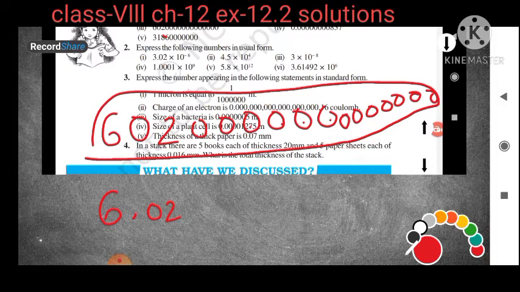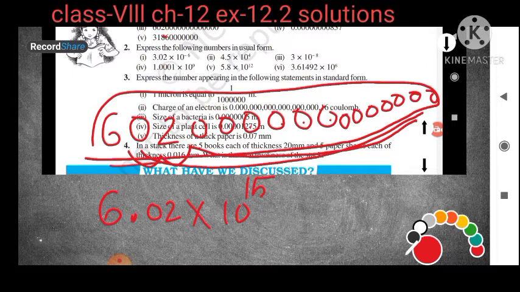6.02. Now after writing 6.02, you will count after the decimal. How many digits are there after the decimal? There will be how many zeros? 13, isn't it? 13 plus 1 is 14, 14 plus 1 is 15. So you are putting the decimal here, isn't it? After the decimal, how many digits are there? According to that you will put 10 to the power